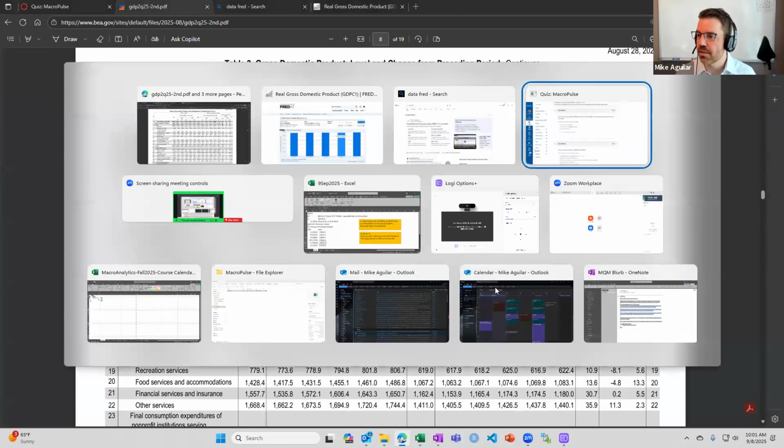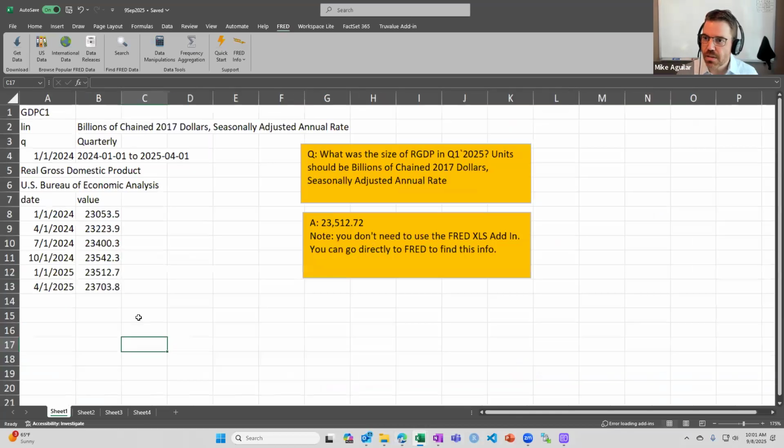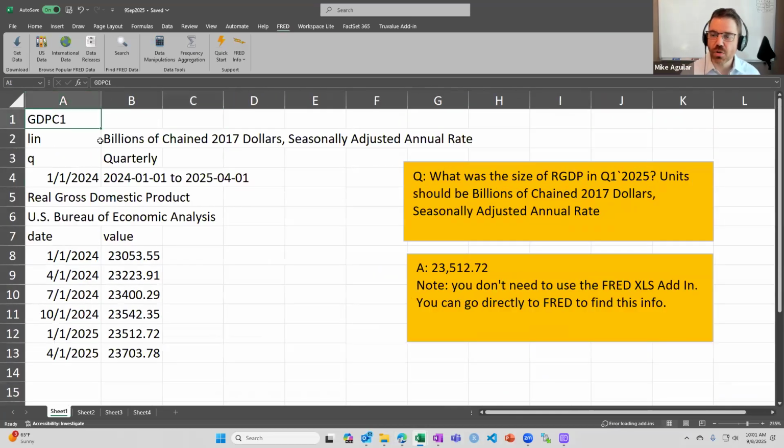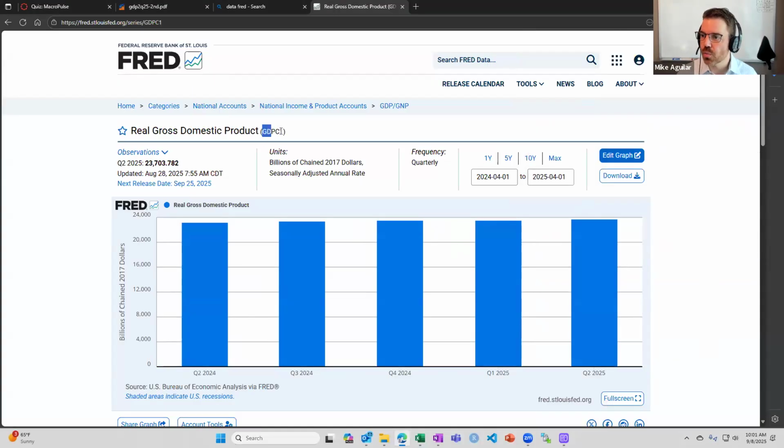Let's go to Excel. Okay, so what I'm going to do is zoom in. We need a few things. First off, we need the FRED ticker. How do I find the FRED ticker if I didn't give it to you? When you go to FRED, you can find it right there. Now, you don't need to do an Excel if you're on FRED already. You have the answer, but